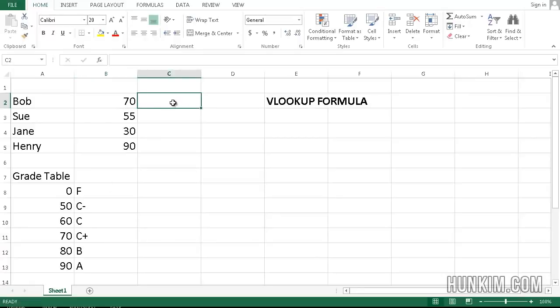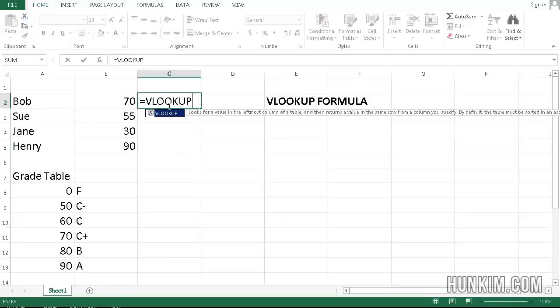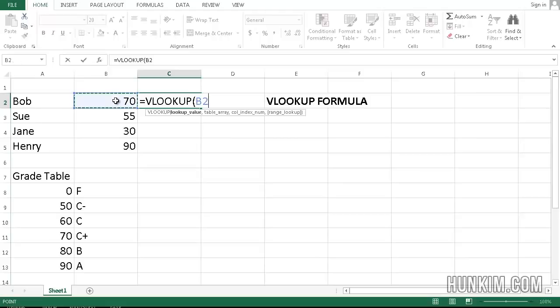We click on the cell beside the number 70, and we type in the formula equals VLOOKUP bracket, and you can see that Excel gives you a hint. There are 3 parts to this formula. The first part is the lookup value. So you actually click on the actual value, 70, which is B2, column B, row 2,